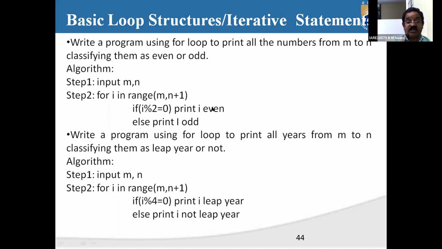22 is going to be checked as even, 23 odd, 24 even, 25 odd, and so on and so forth up to 30 it will go. 30 it's going to print even, then it will be incremented to 31. Since 31 is not within the range 20 to 30, it will come out of that particular for loop, and whatever statement you have written after the for statement is going to be executed, right? Any doubts or any clarifications?